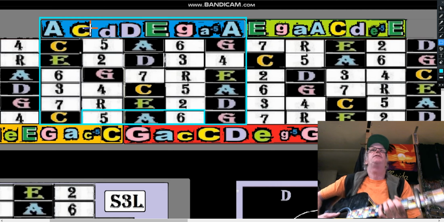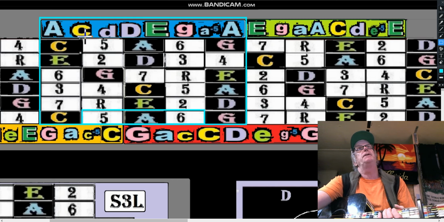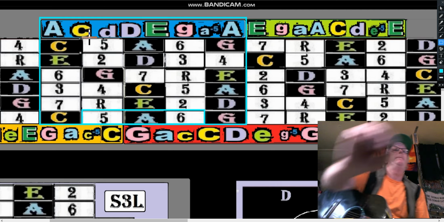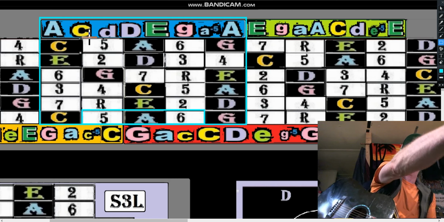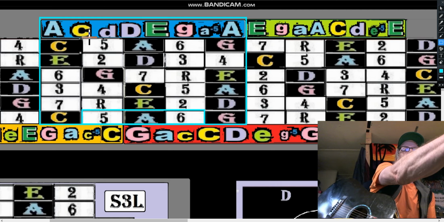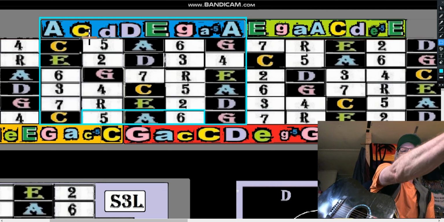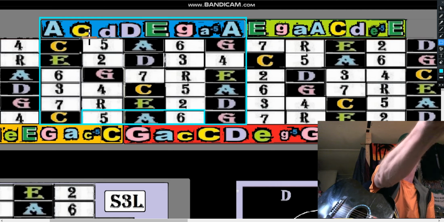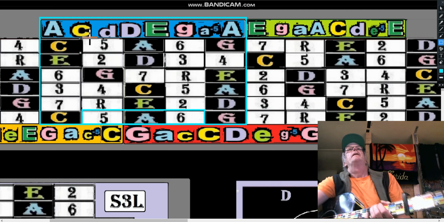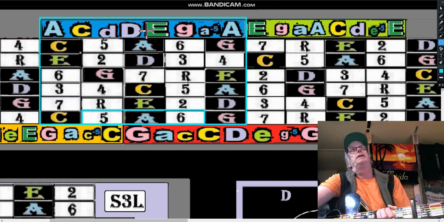Now that would be a C-shaped major, but remember, it's the second minor in any major scale, modal scale, right? The second is minor. So it goes major, major 4th, major 5th, but the second is minor, the 3rd is minor, and the 6th is minor. So we just follow a pentatonic scale here. You notice how this is an ascending pentatonic scale. A, C, D, and the